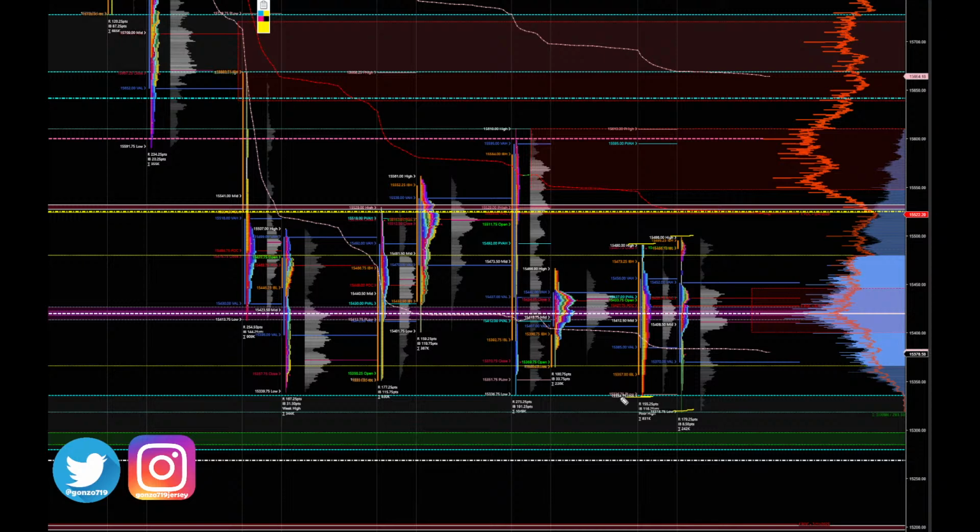It's poor structure. Okay? That's why I love the profile. Just poor structure. That's all that means. And usually it gets tested and it gets extended. Okay? You need excess. Now that we got that out of the way, we're in a little bit of a balance here. Okay? Now, same thing. What's the overnight inventory? Here we go. That's the only long activity to all that short activity. So it's about 95% net short. But the price is not at the lows to take advantage of that.